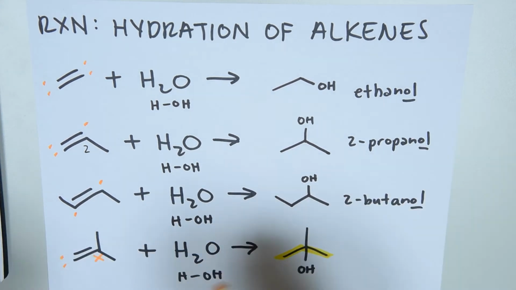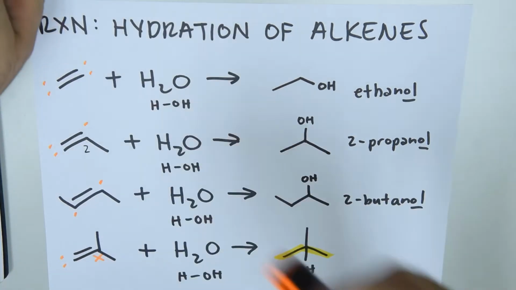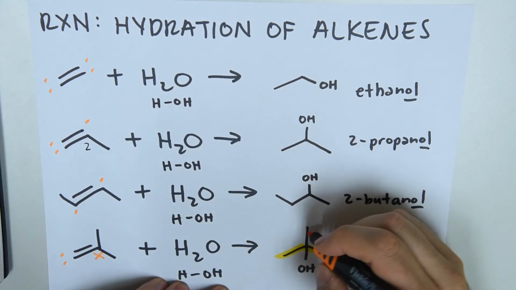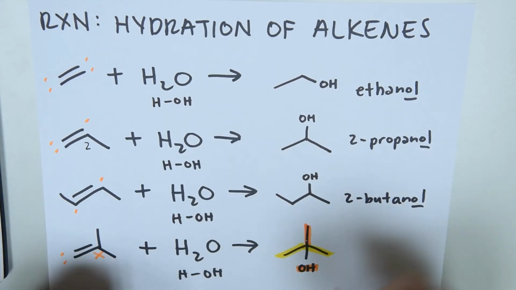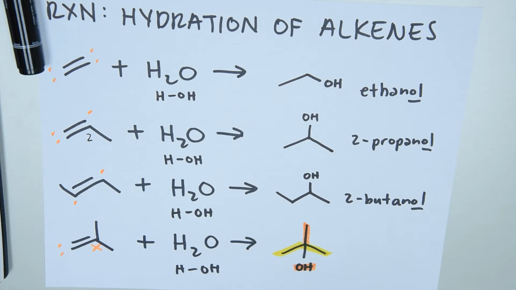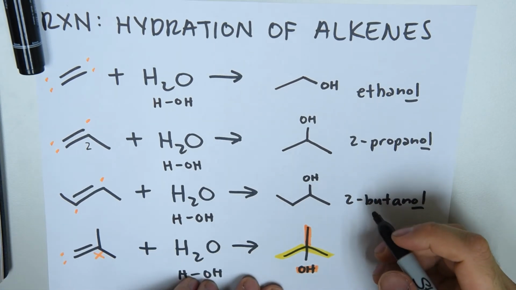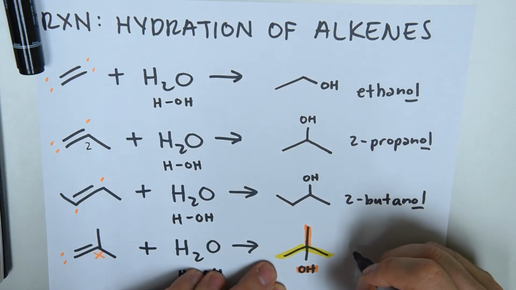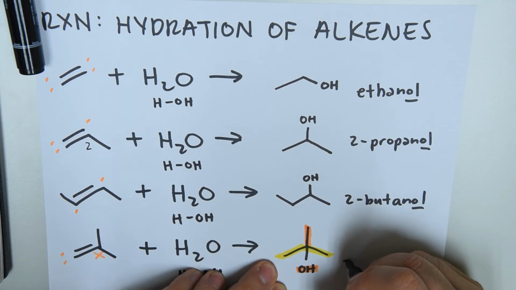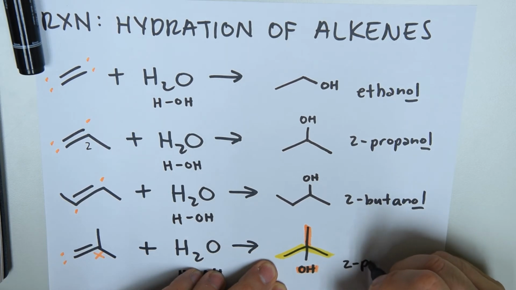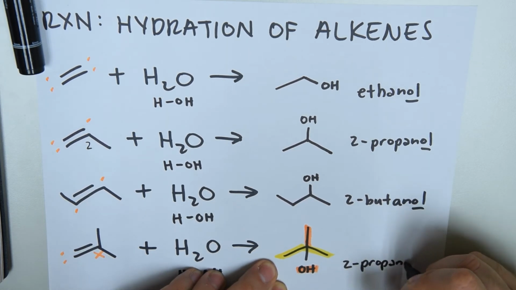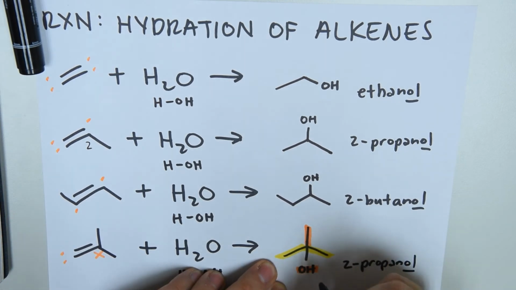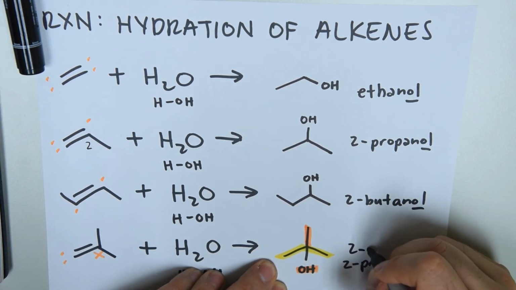So we highlight whatever's left over, and we highlight our group. And the answer to this with IUPAC naming is going to be 2-propanol. And at the number 2, we have methyl. 2-methyl,